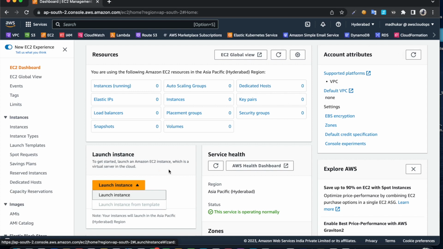Even if you want to terminate them, of course you could select multiple at a time and do that. But what if you want to create them at the same time? In the console you won't be able to do that, so it's going to consume a lot of time. So what if you write code, and once you run that code, it deploys your infrastructure as per your need? Let's create a VPC